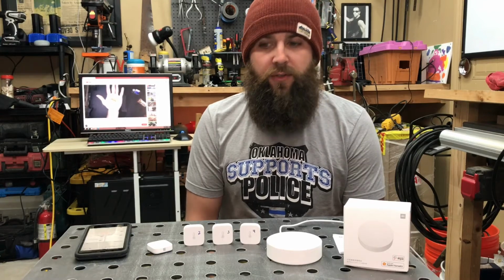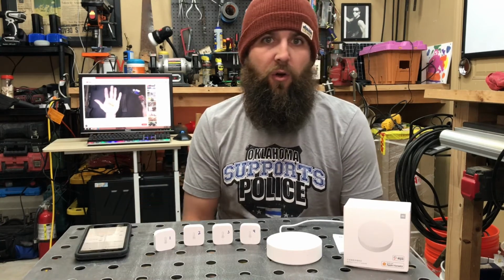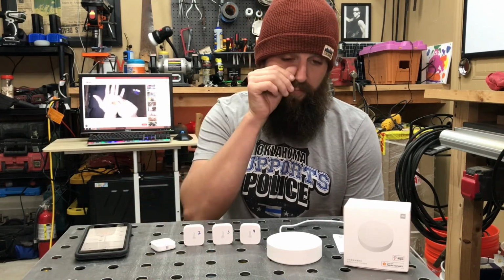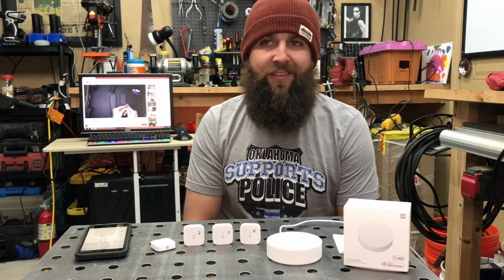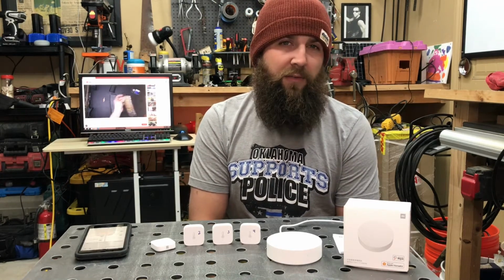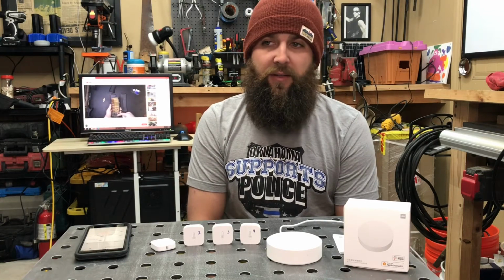Alright guys, I wanted to show you something that I've been pretty excited about, and it's these Xiaomi Aqara temperature and humidity sensors. These are very cheap. They're from China. I bought them on GearBest, which is kind of an equivalent to, I guess you could call it, a tech-centric Alibaba kind of thing. It is a legit site. They do sell good stuff, but you know